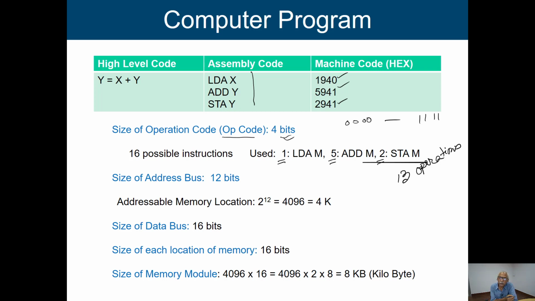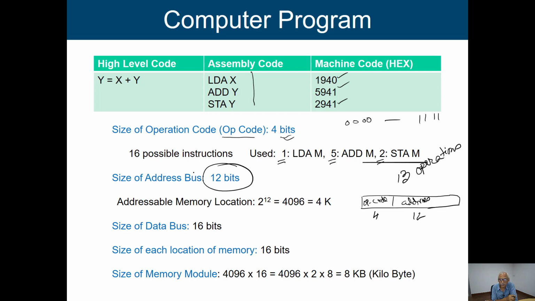If we are going to use this particular instruction format, what is this instruction format? For every instruction, I have 4 bits of opcode and the remaining 12 bits are the address of my operand. So the size of your address is 12. In this particular case, if I look into the minimum configuration, we will find that the size of the address bus is 12 bits. So what is the size of the address bus? It is 12 bits.